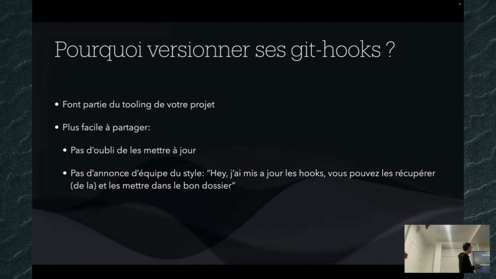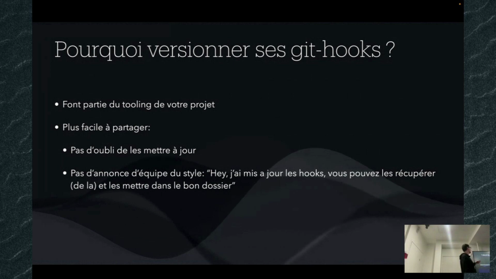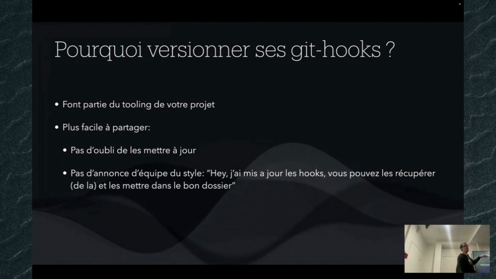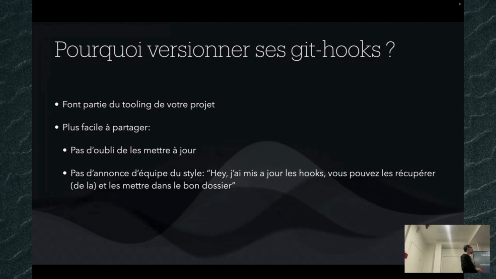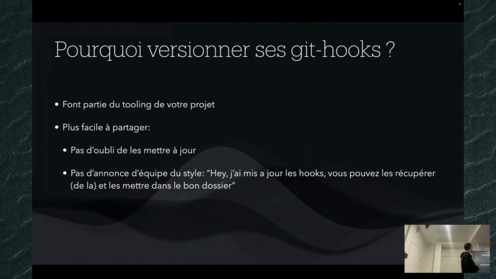So we have to use it, and because it's tooling, it would be normal for it to be versioned in your project, right? And since it's versioned using Git, it's easy to share. Officially they are not versioned, so it's not easy to share. If I update it, for example, if I have now included SwiftLint as tooling in the Git hooks of the project, I will not be able to share it because it doesn't belong to the Git source.